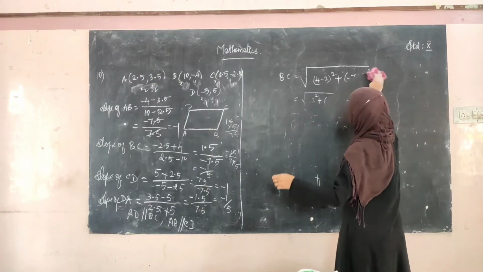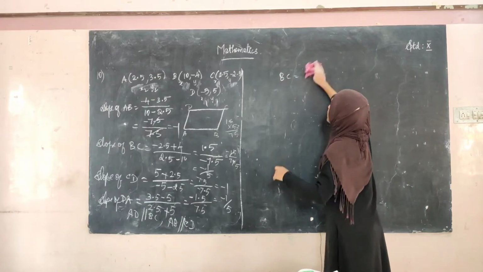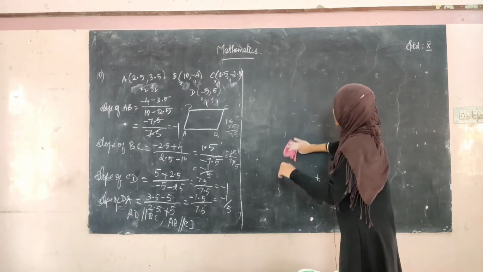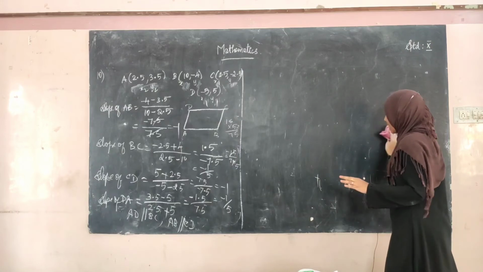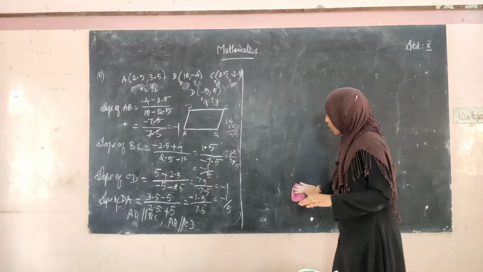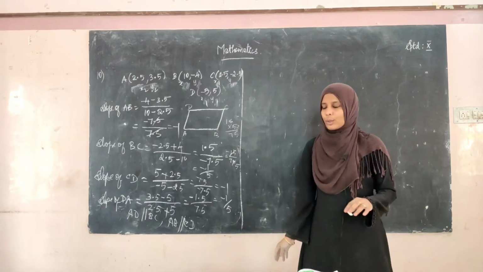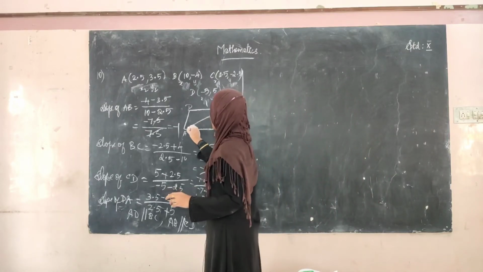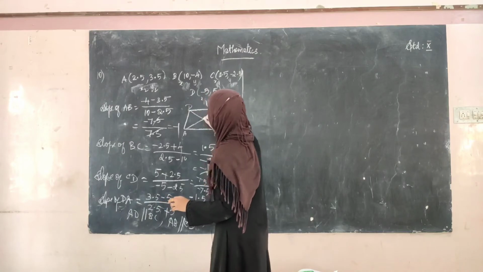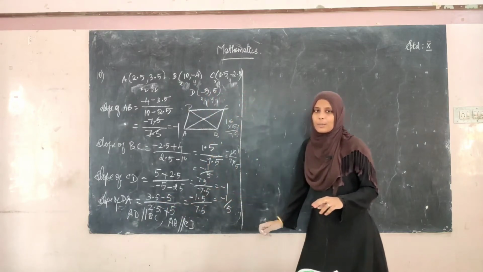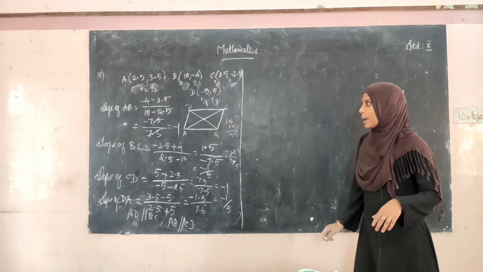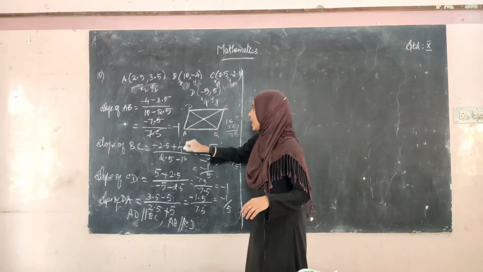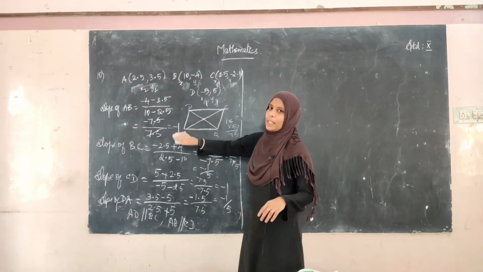Why we should not conclude with this: for a rhombus also the opposite, that is the parallel sides, are equal. That is, opposite sides are equal for a rhombus also. Since if you want to say this is a parallelogram, the diagonals should meet at the same point. Meeting at the same point means the midpoint of CA should be equal to the midpoint of BD.